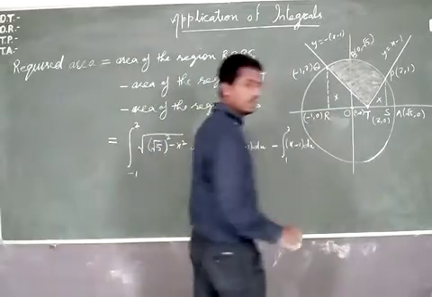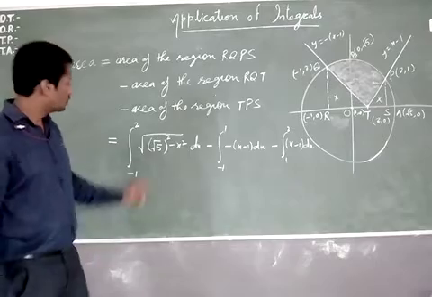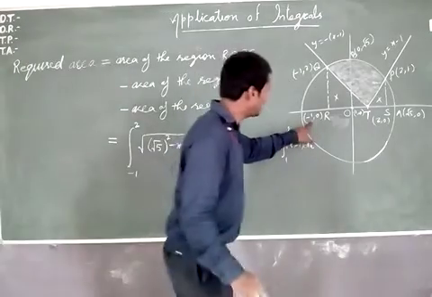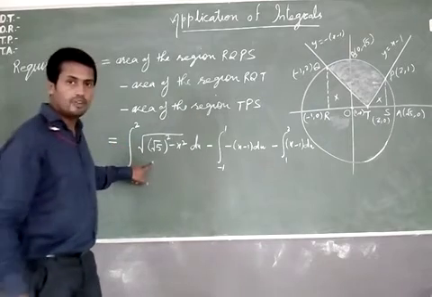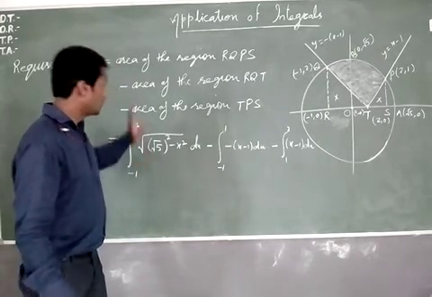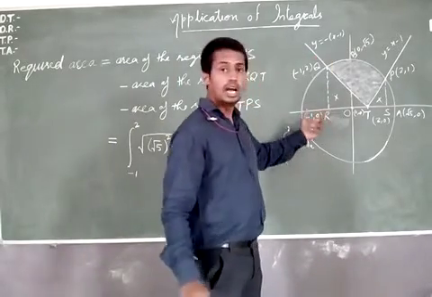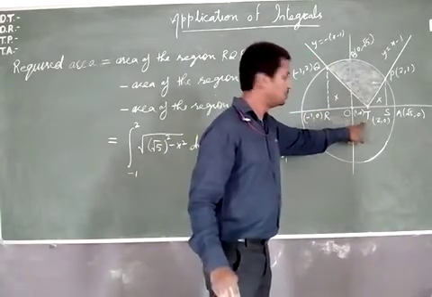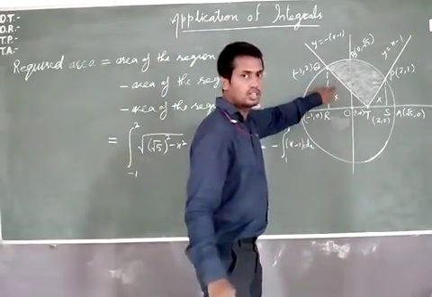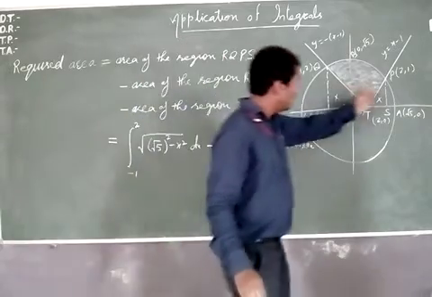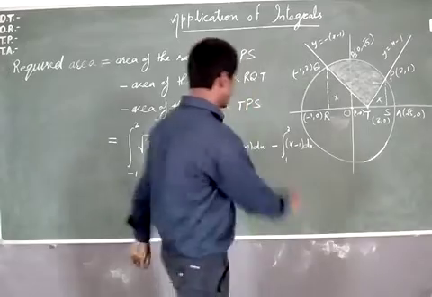Now we have the area of the region RQPS bounded by the circle, so we will write here the interval from minus 1 to 2, plus 2. The value of y we can find with the help of the equation of the circle. Minus the area bounded by the line y equal to minus x minus 1 at the interval minus 1 to plus 1, and again minus the area bounded by the line y equal to x minus 1 at the interval 1 to 2.